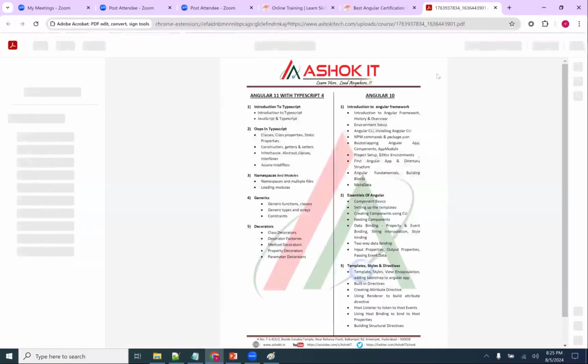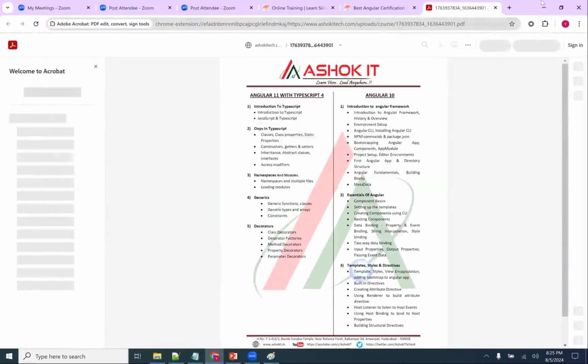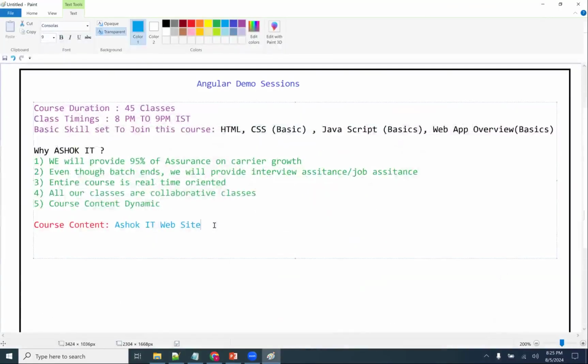So this is the course content. Please go through this course content, guys. This is the course content we are going to give you as part of this particular course. I told you how to download it and you can go through that. This is the duration, these are the timings, and also you are going to get a small project